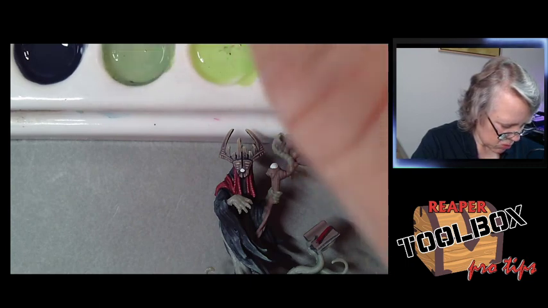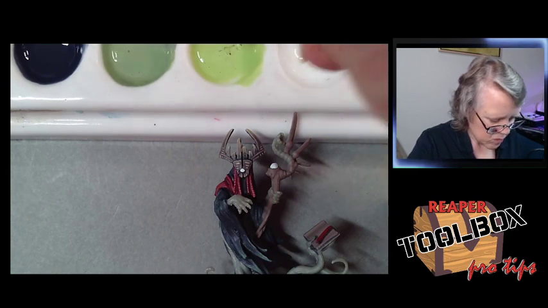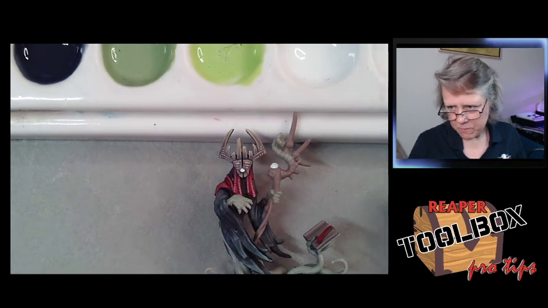I'm going to mix a little bit more of this Death Knight Black into the green. I like this green that I'm getting. Just preemptively thin your paint a little bit more. You know it's going to dry out a bit, so...